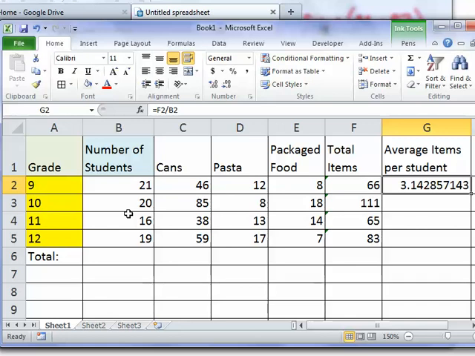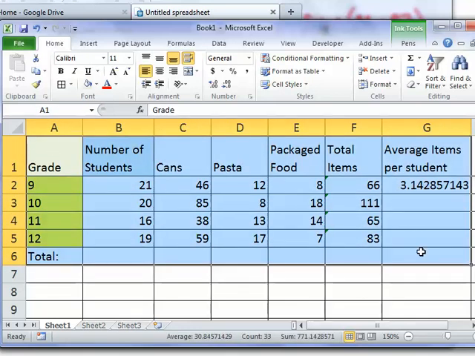So what I'd like you to do is try to fill out the rest of these with the appropriate formulas. So fill out this entire chart from A1 all the way to G6 with all the appropriate formulas. Print out your answers, or you can share it with me on Google Docs, or you can email it to me as well. But try out all the different formulas. We'll be going over this in class, and we'll be trying a couple of other spreadsheets as well. And we'll also be looking at graphing